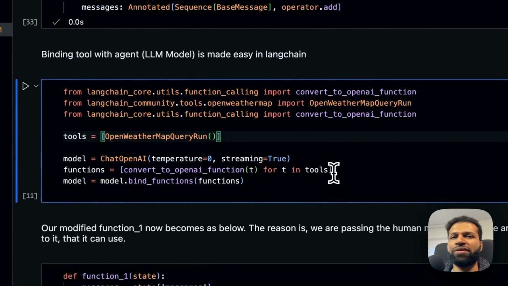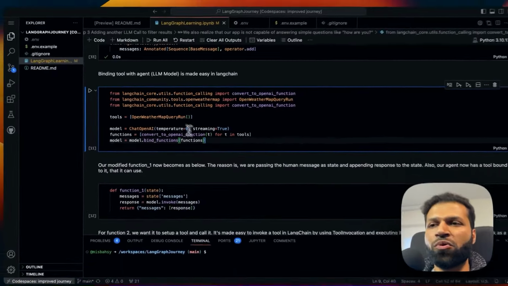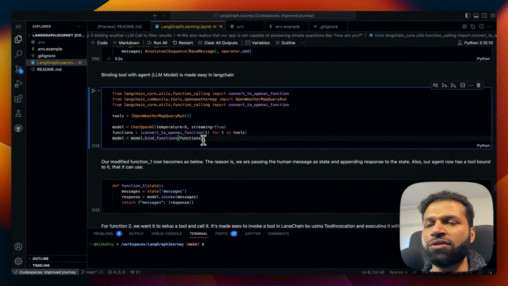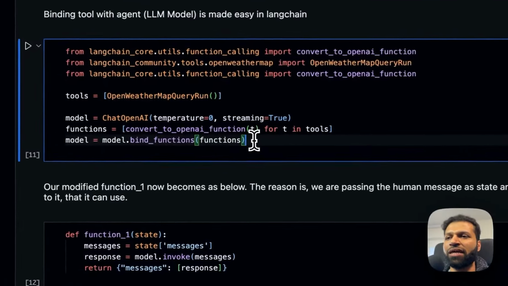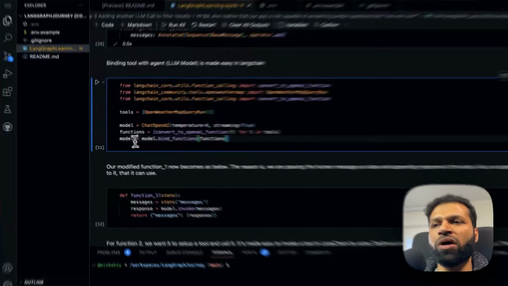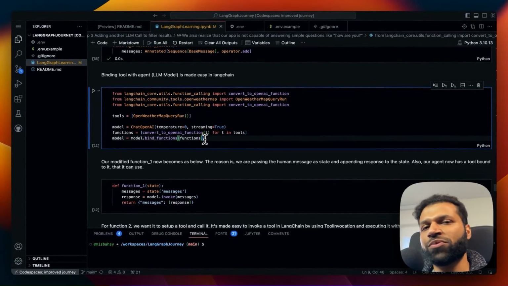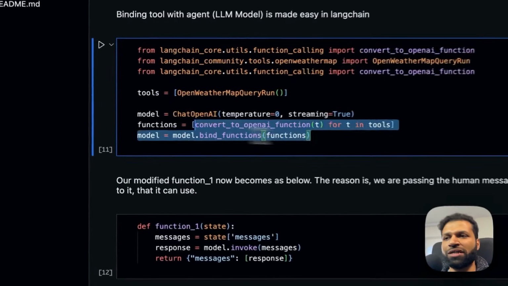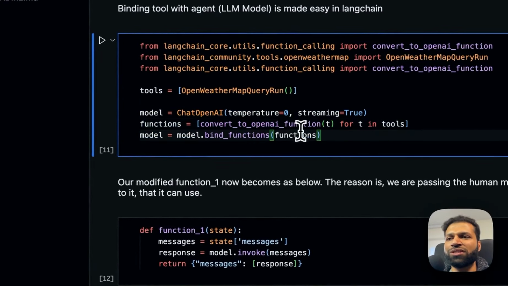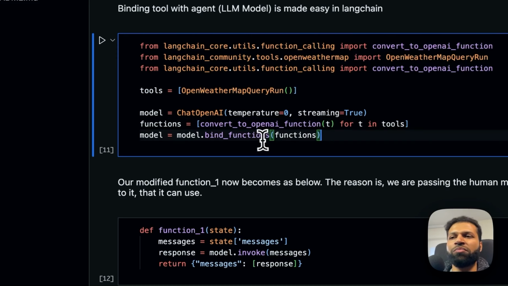And the second is, we know that there are something called tools available in LangChain. This is something you can import. There are many different types of tools available for agent applications. And what you can do is bind the tool directly to the model. So in that way, when we make the call to the model, it knows that it has the possibility to use that particular tool. And this is made easy by LangChain, where essentially using this convert to OpenAI function, it converts a tool to something that you can use for OpenAI function, and then you can bind that function to